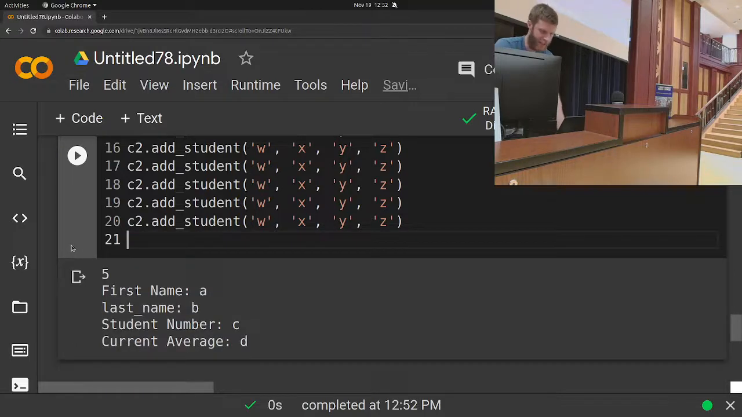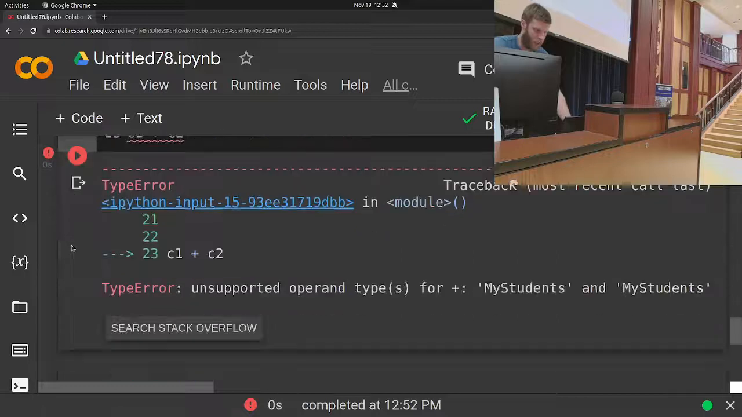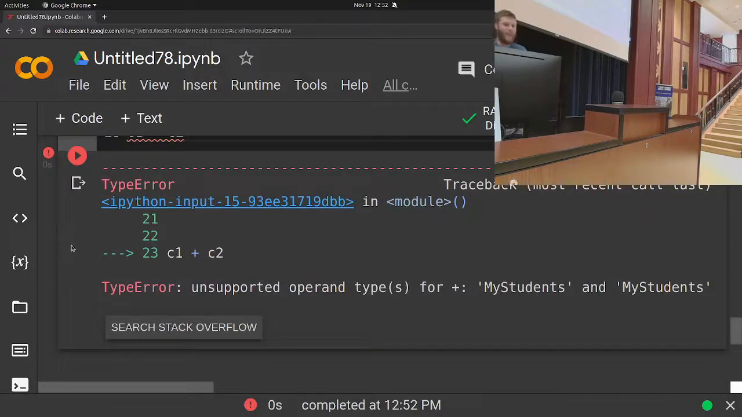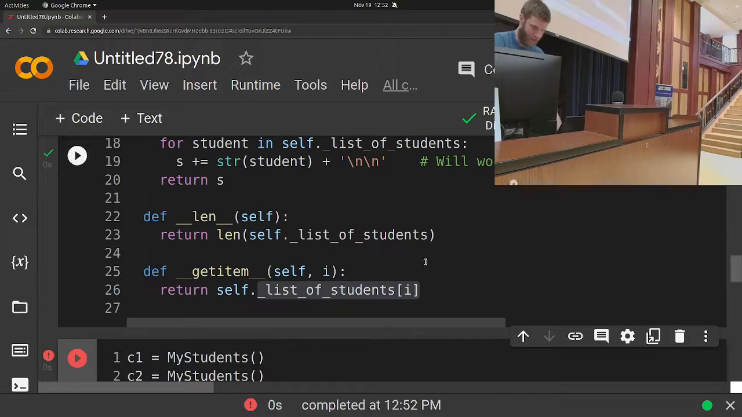I run that. Now if I say C1 plus C2, it's going to say, what the hell does this mean? Unsupported operand for plus, my students and my students object. You can't add them together because Python goes, what the hell does that mean? Until you come along and say, well, here's what it means. You will say,